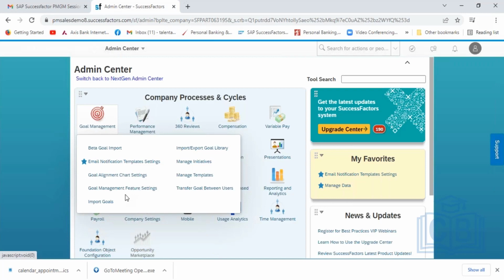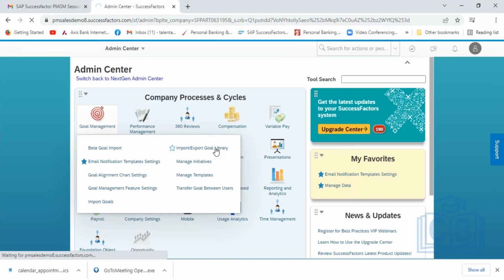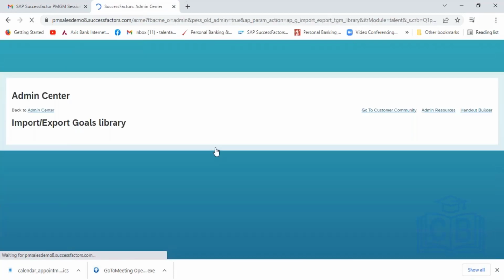Then you have this also. I'm just pausing for a while. We will go to this import and export goal library. That is another topic, import and export, that is to work with a CSV file. When I click on the import and export,